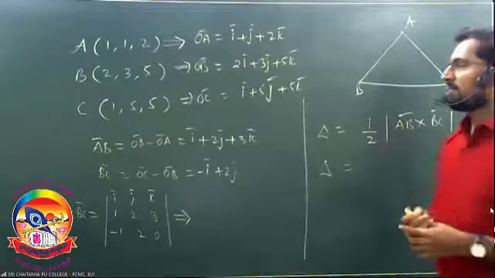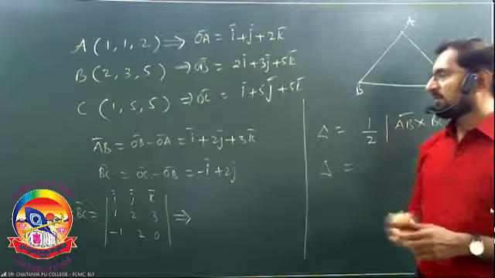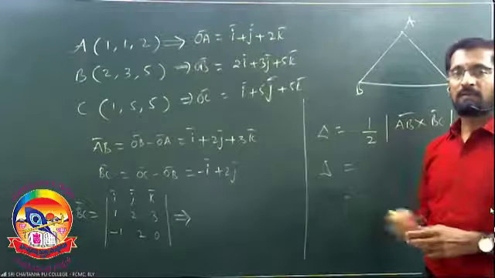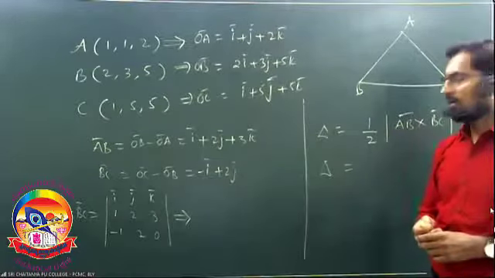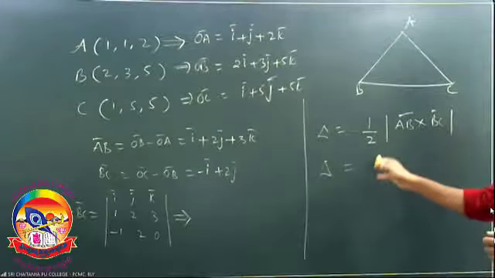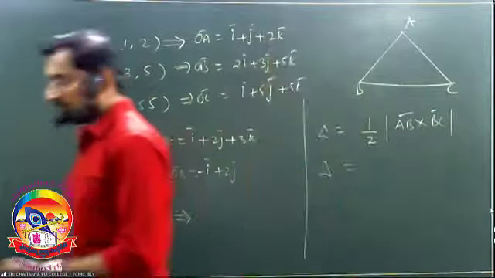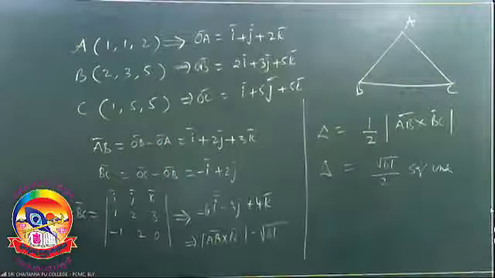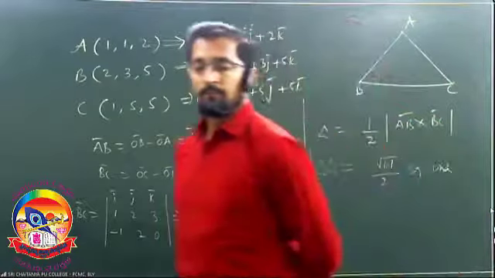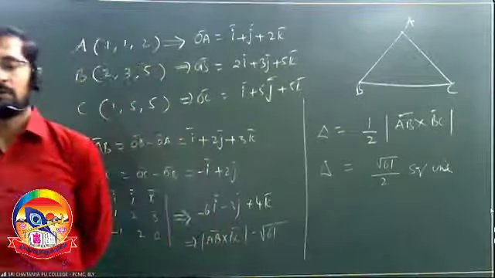So first of all, I found AB bar, OB bar minus OA bar like this. BC bar I found. After that, find the determinant of it, that means by using cross product, that is AB bar cross BC bar. Expand that one and find the modulus of that. After that, delta is equal to 1 by 2 into this. Copy this and start doing the problem expansion here. I hope you understood. Yeah, the answer is root over 61 upon 2.